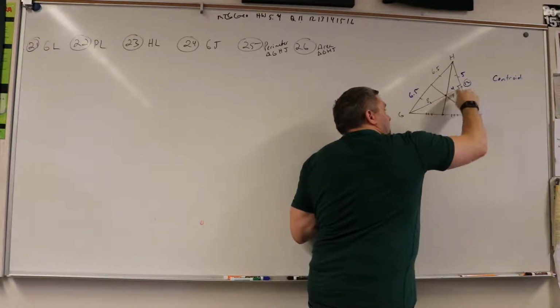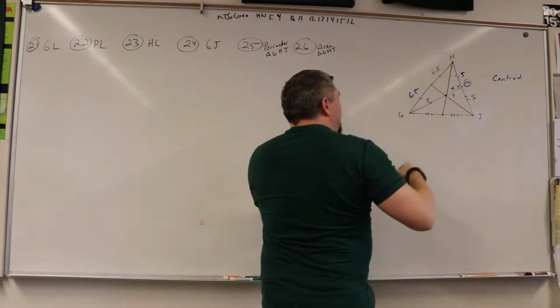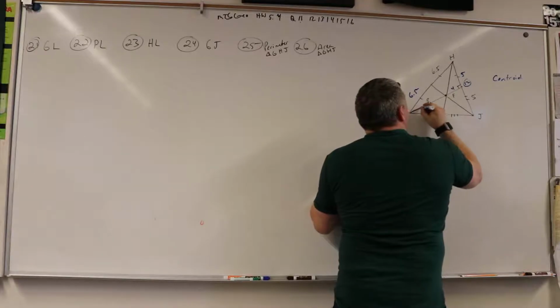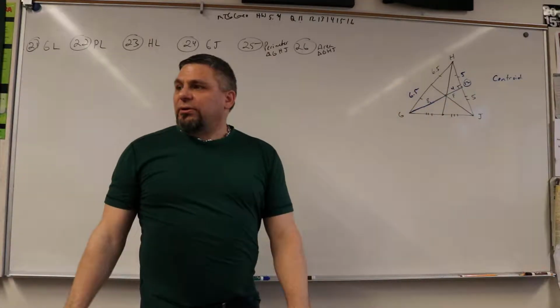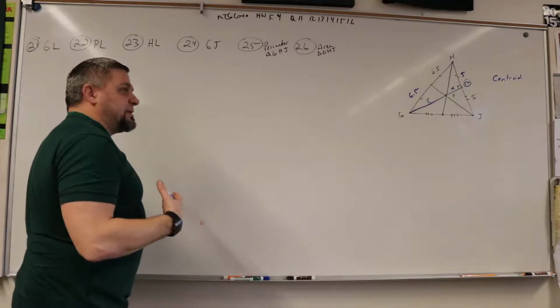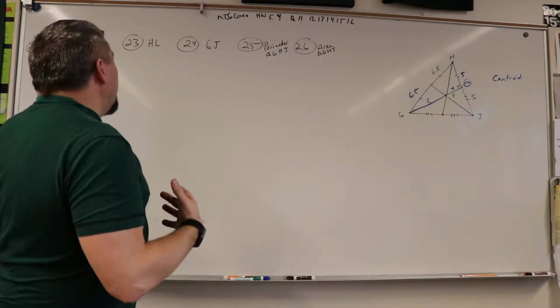I know that this whole long piece, this blue line, is going to be 12 because 4 plus 8 is 12. Okay, because it's a centroid, right? Alright, so